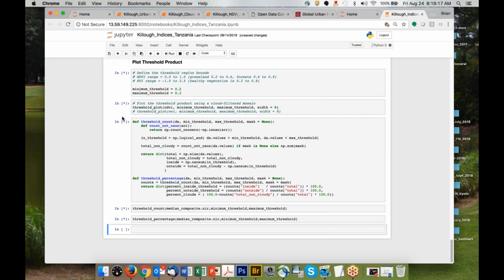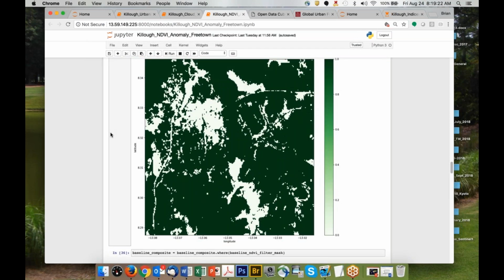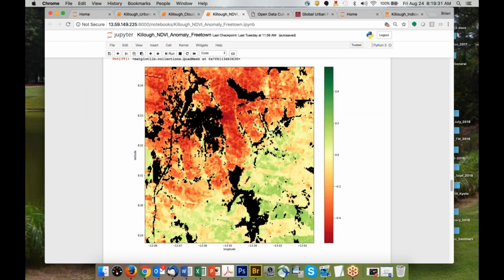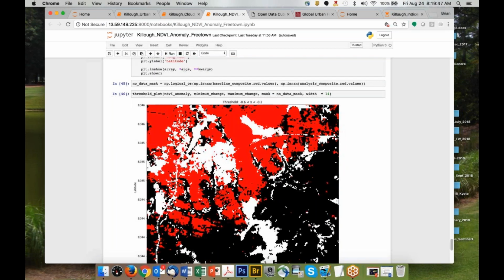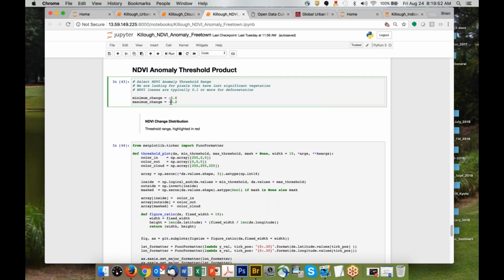So the way I determined that for you is, the first thing I did was I said 0.6 to 0.9 was forest. So I started out with forest. And then later on, when I was looking at change, this was the change plot. It was quite arbitrary that I chose only show change between 0.2 and 0.6 is the stuff in red. That's where I got this answer here. So again, this threshold here, 0.6 to 0.2 for my loss, I just chose that,